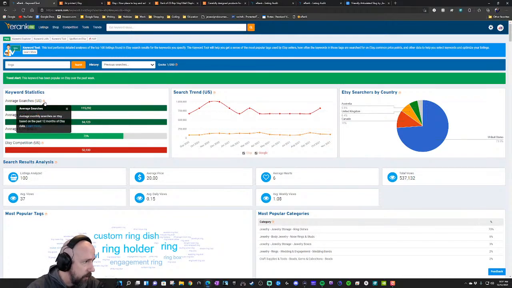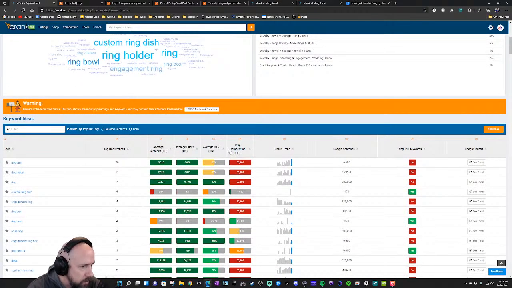Oh no, it's based off of Etsy data on 12 months of data. So 115,000 people searching. The average clicks, so the click-through rate's 73% for that keyword, and the competition is red. You don't want a red competition keyword, but what you want to do is